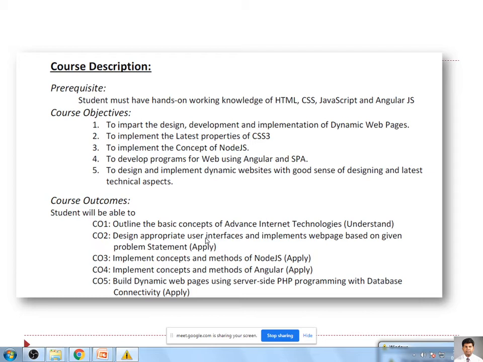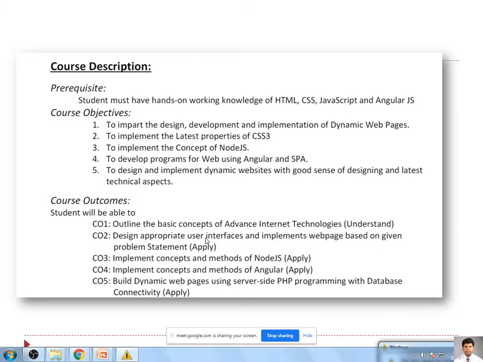Basically, we need to be very familiar with HTML5 as far as this subject is concerned. Now moving further, chapter number 1 is Introduction to HTML5. The weightage of this chapter is 10 sessions, so we'll cover it for 10% weightage. Out of 50, that will be 5 to 10 marks for this chapter.